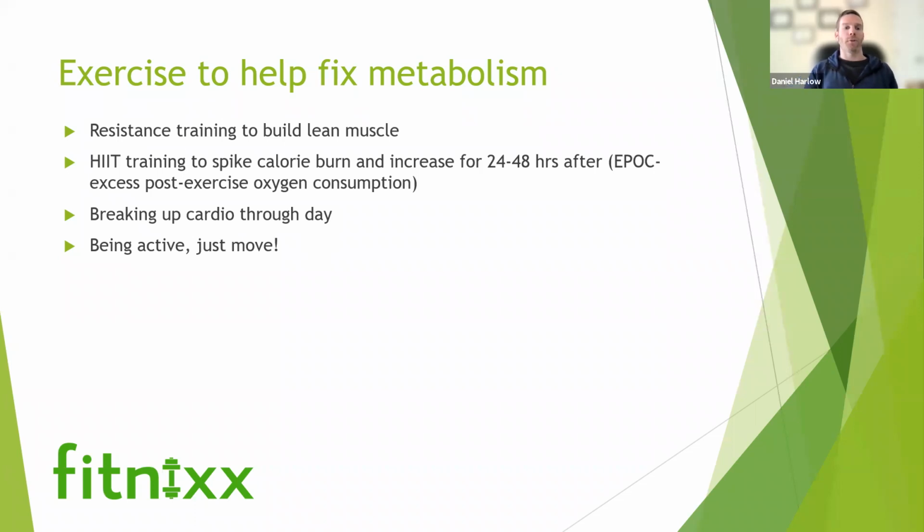When you are resistance training, and I'm not talking about cardio here per se, but you can think of cardio, depending on how you're doing it, as resistance training. But what I'm really talking about is literally using your body or using weights, or a combination of both, in order to increase the lean muscle mass on your body. And cardio will burn calories as you're doing the actual activity, but when you're building lean muscle, when you stop your workout, let's just say it's 15 to 30 minutes or longer, but when you're going about your day, you're going to have lean muscle that's burning calories for you at rest